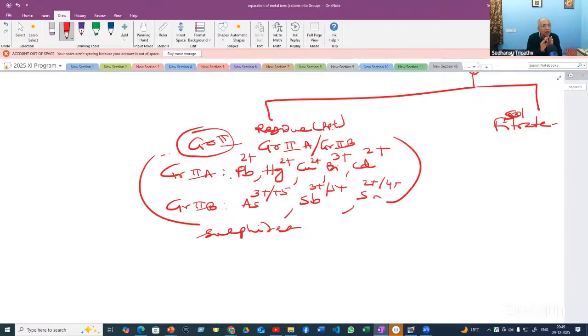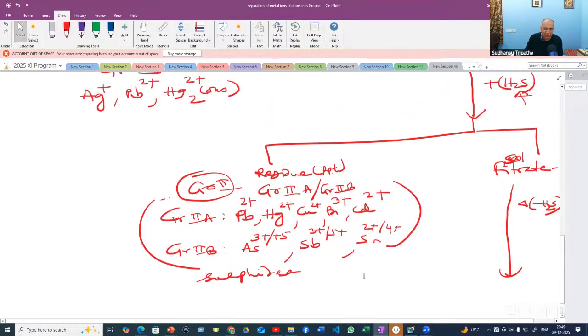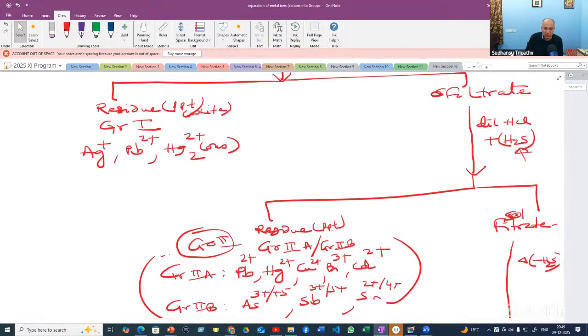So group 2 pudia is done. Group 1 pudia is already done. Then the filtrate: you heat it for some time to remove H2S, because a lot of H2S, Kipp's apparatus has to be used here. H2S,